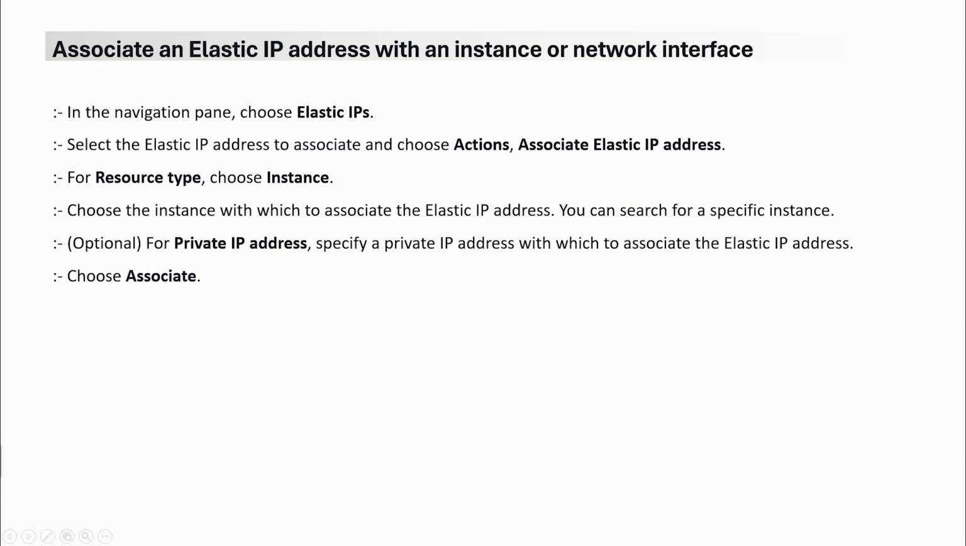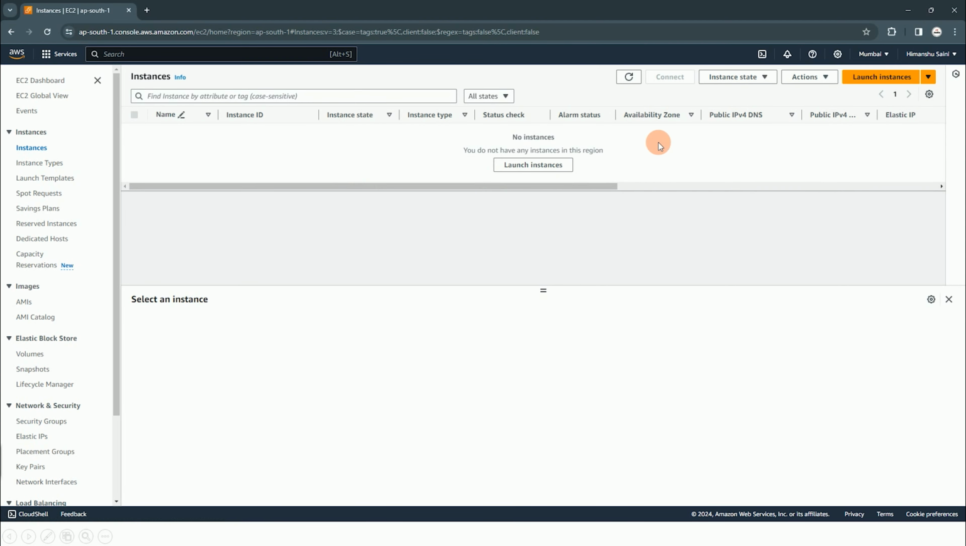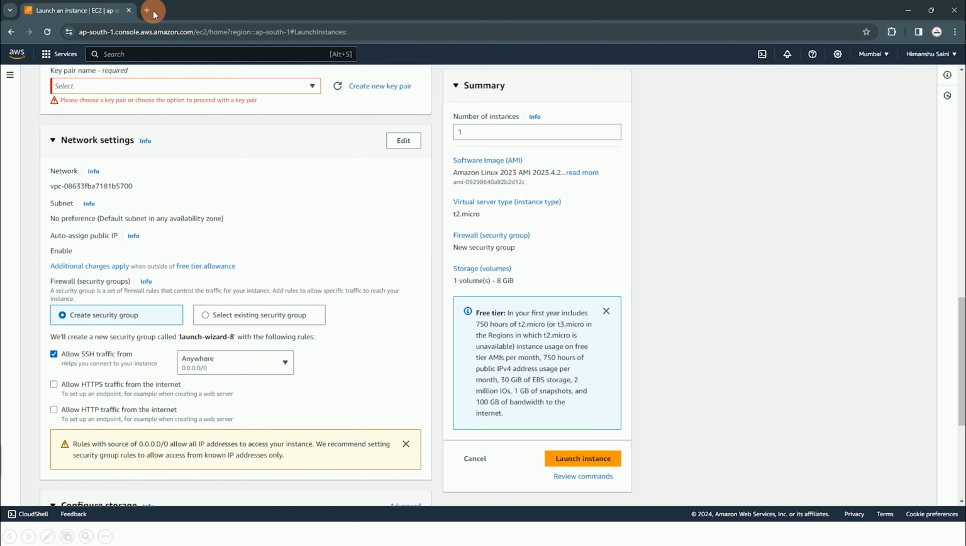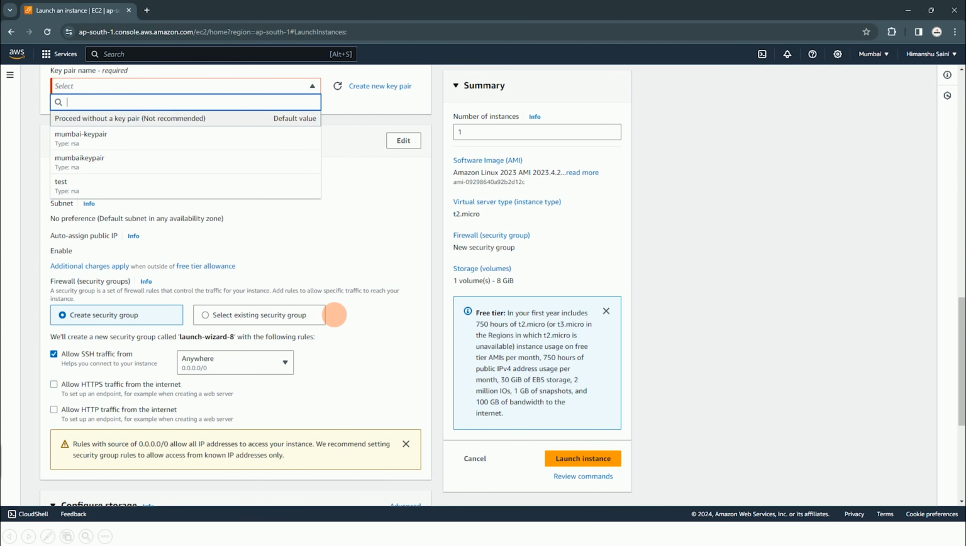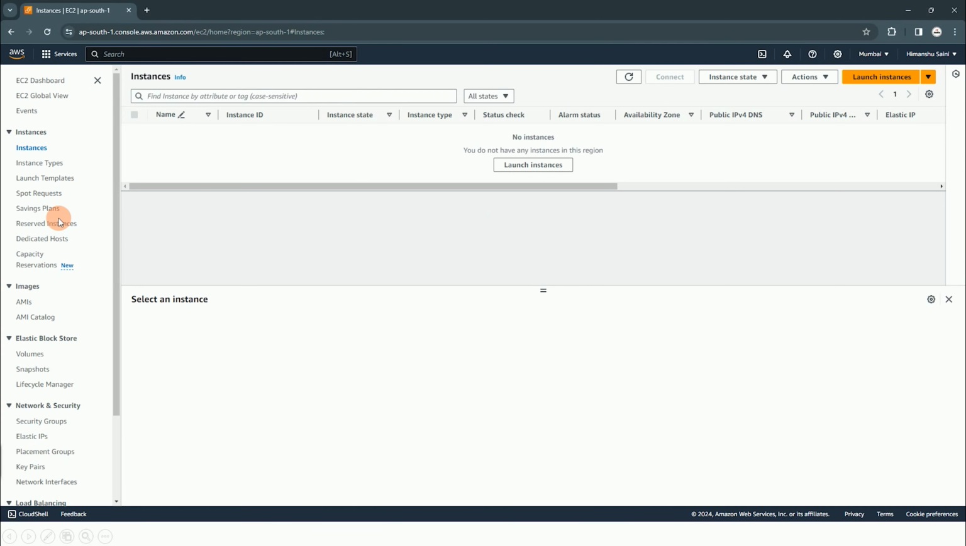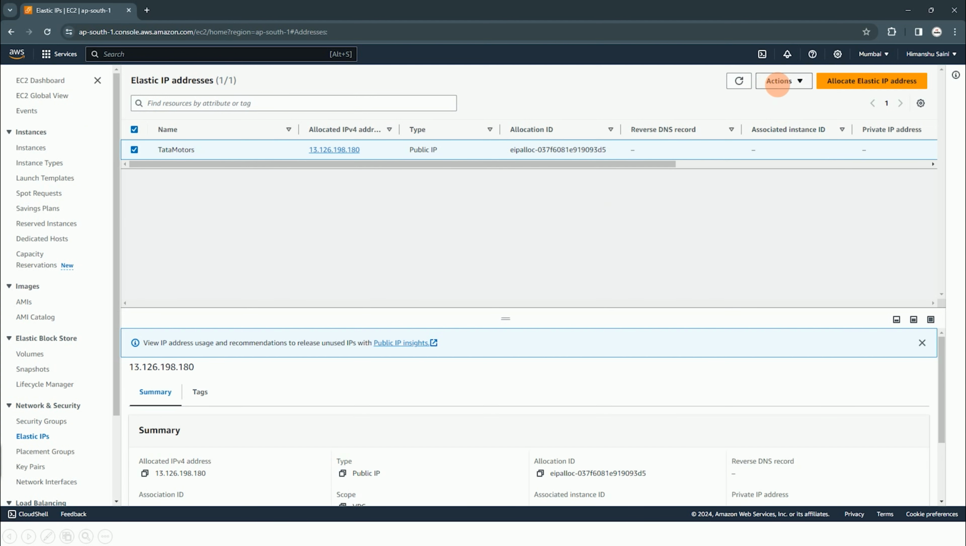Let's try to perform this in the console again. So I'm just going to the console. The issue is that I don't have any instance right now, so let me just launch one. I'm naming it EIP itself. Okay, we have to select a key pair. I'm just proceeding without any key pair. Yeah, it is getting launched in the background. So okay, let me go to the elastic IPs again. I'm just selecting this one. Click on actions, associate elastic IP address,